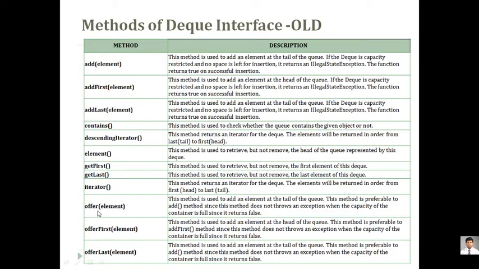Offer. Now see what offer is. This method is used to add an element to the tail. What we have seen is addFirst and addLast. This is the last: adding an element at the last. You can add an element at the first position. This is addFirst and addLast. But how to add an element at the last position, that is, at the rear point? So offer is a method used to add an element at the tail of the queue.